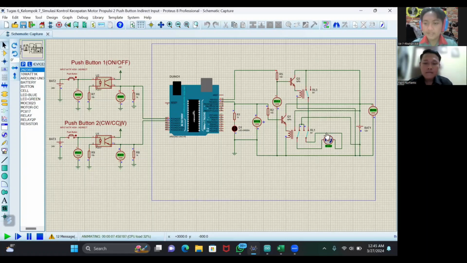Now the DC motor rotates counterclockwise. And then when push button one is low, the DC motor will turn off.